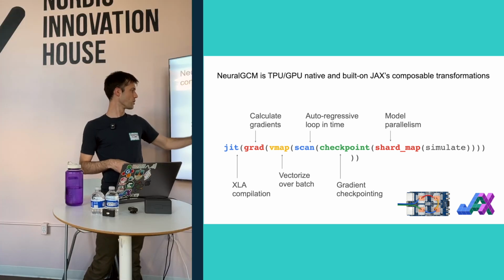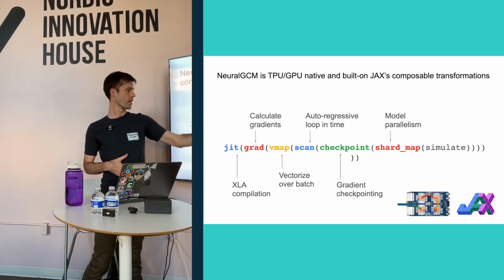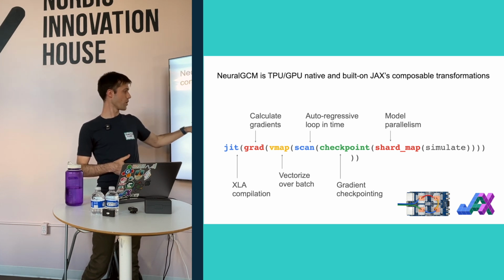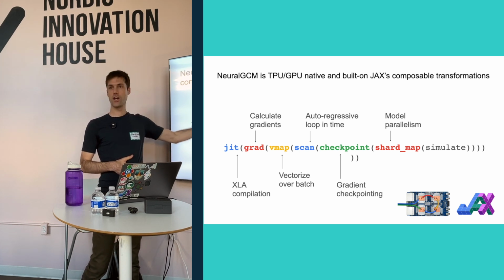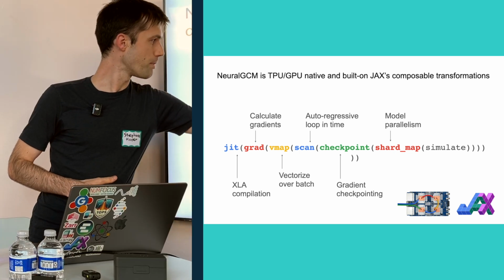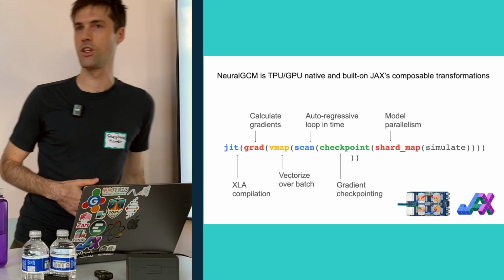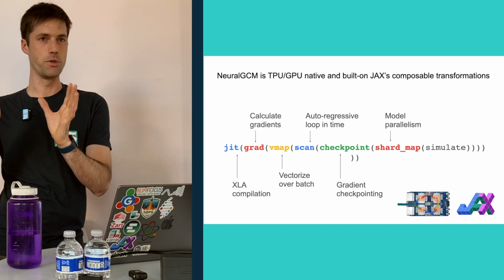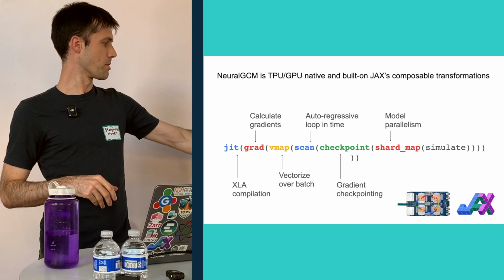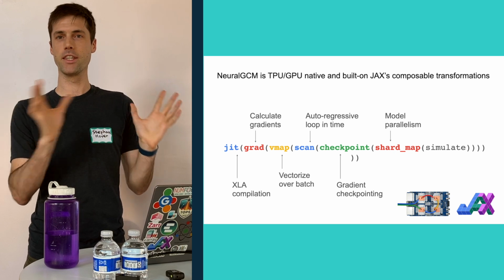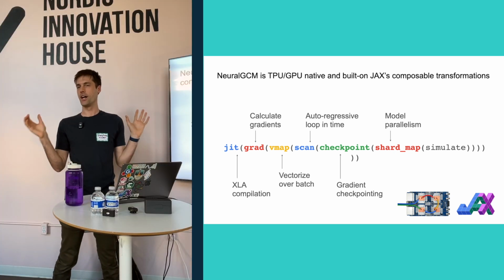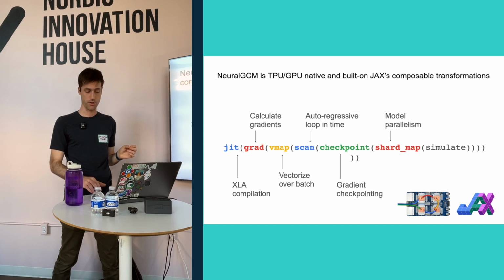We can do all sorts of clever tricks that JAX has. We have automatic differentiation, of course, that's the gradient calculation. We have vectorizing transformations. We have gradient checkpointing logic, which is a way to trade off extra compute to save memory. And then we compile it with machine learning compilers. So basically, we have a pretty small amount of code that we flexibly transform into something that allows us to tune these really powerful models.